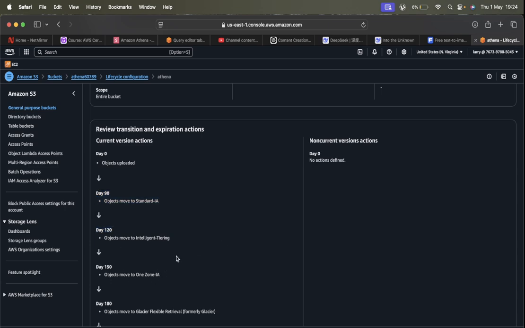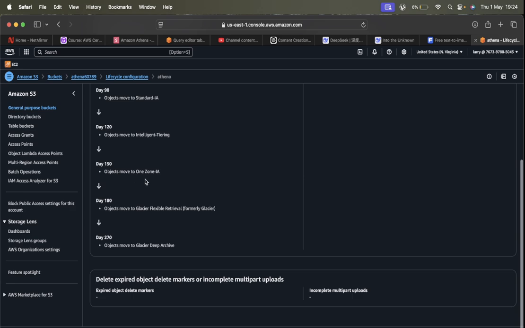Where you are supposed to make a difference of 90 days is only if you are moving from Glacier flexible retrieval to Glacier deep archive. With flexible retrieval, you can retrieve it within a few hours or a few days. For deep archive, retrieving takes a lot of time. I can't remember how many hours or days it takes to retrieve an item from here. But here you save cost because Glacier